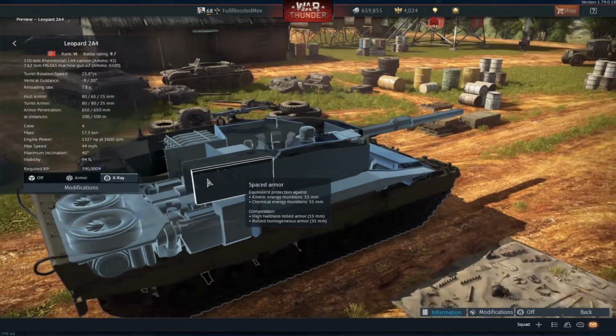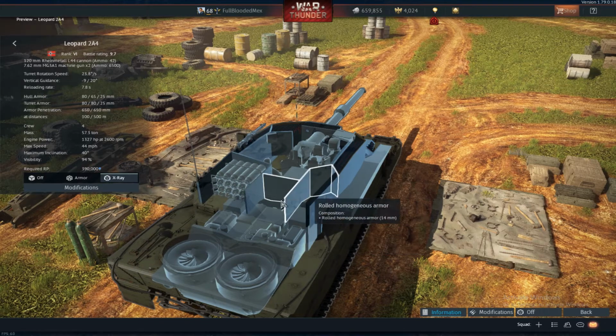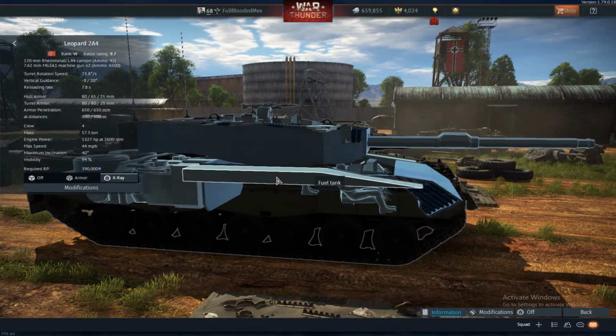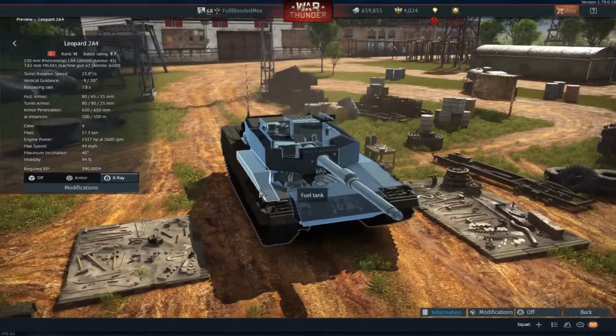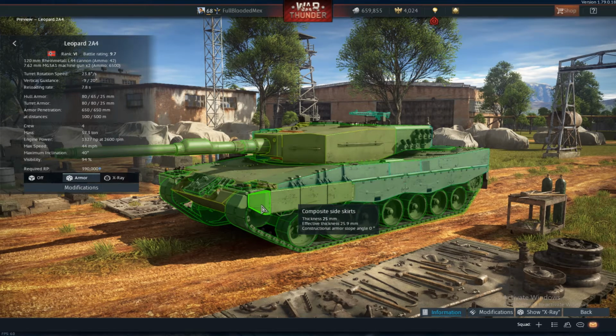The spaced armor here and for the ammo rack is also nice to see, given that this vehicle does have blowout panels. But do be wary, your fuel tanks are on the side. A vehicle such as the MBT or other high caliber machine guns on tanks can penetrate and can set you afire through here. Another thing I noticed was that the Leopard 2A4 has composite side skirts, providing even more